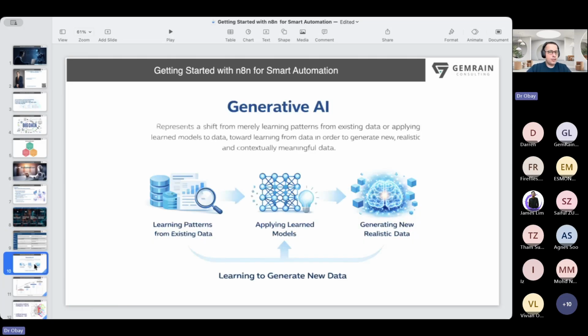All right. And then generative AI. We look at AI, machine learning, deep learning, generative AI. We compare machine learning and deep learning. What is generative AI? It is all about learning for generating new, realistic data. It's supposed to be realistic. I think so far, until the end of 2025, most of the data generated by generative AI tools, not only ChatGPT, whatever tool we can name currently, is quite